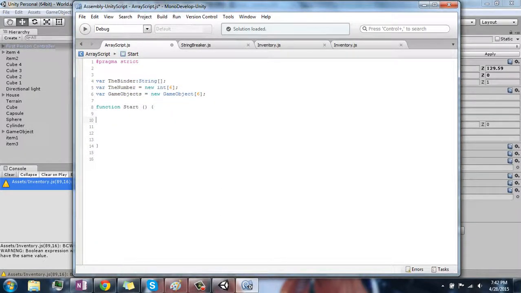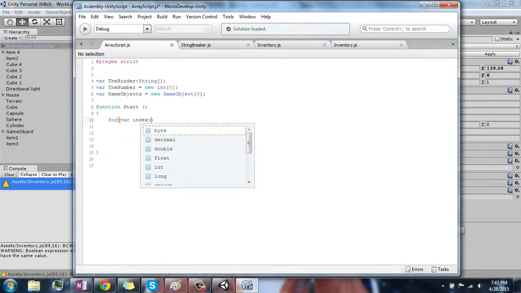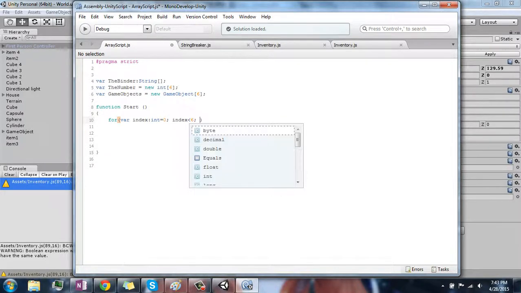So a way of doing this is we're going to write a for loop. Now, you're like, okay, I remember for loops. They look something like this. Variable, we'll say index, and that variable will be an integer, and it will equal 0. And we need it to go from, while the index is some condition about the index. So we'll say less than 6. And then we need to have a rule afterwards so that it doesn't make an infinite loop